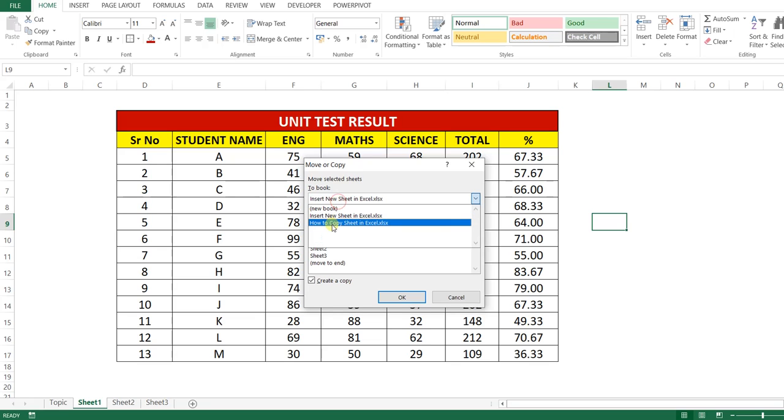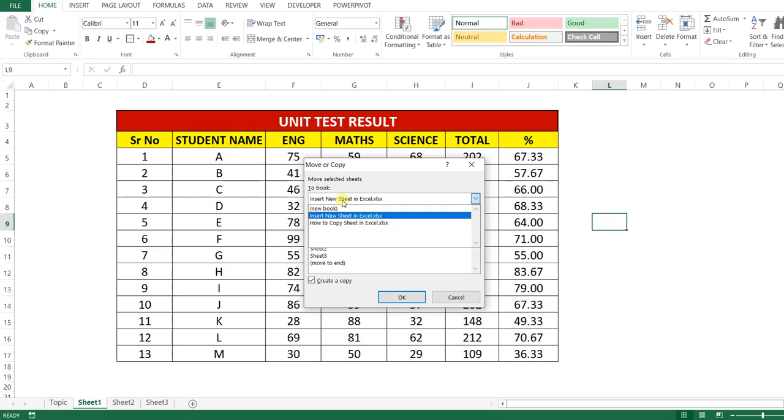And if we click on the third option, that is how to copy sheet in Excel, which is our currently opened Excel file, we can copy this sheet 1 within the same workbook. If we want to copy this sheet to another workbook which is also open parallelly on our computer, we can select that option accordingly.